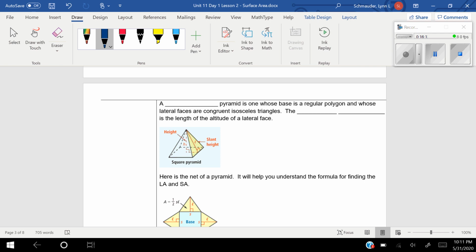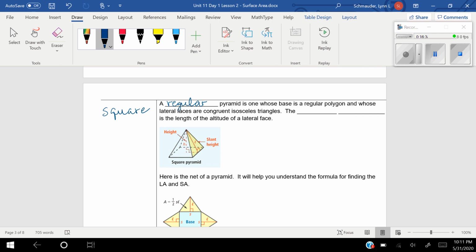All right, what do we got now? We got a regular pyramid. This might be called a square pyramid too. I'm not really sure. I think I may have failed to mention